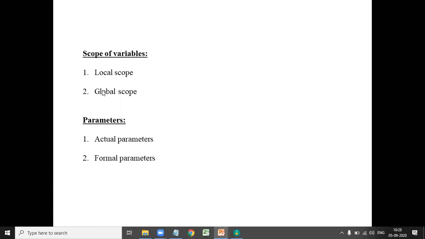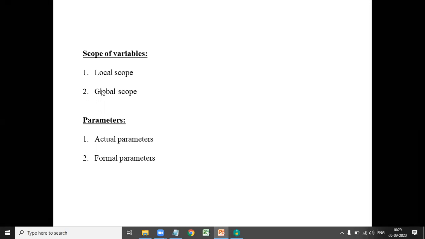So remember one point: local scope means the variable is declared inside a function, and global scope means the variable is declared at any part of the program, at any part of the script. That is the global scope.